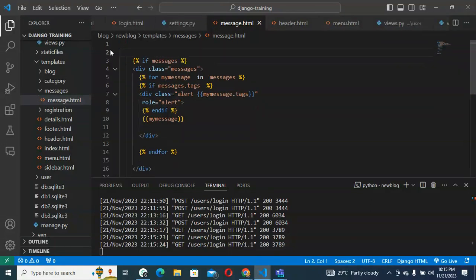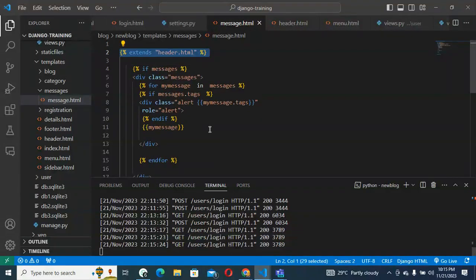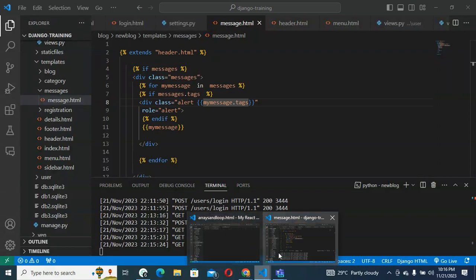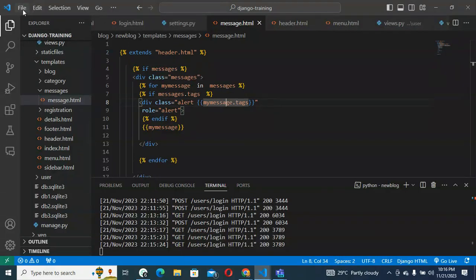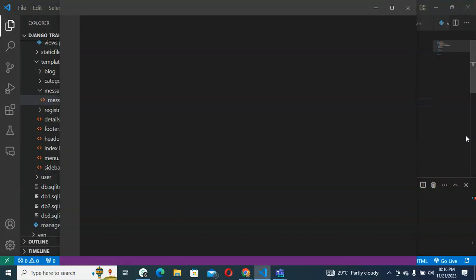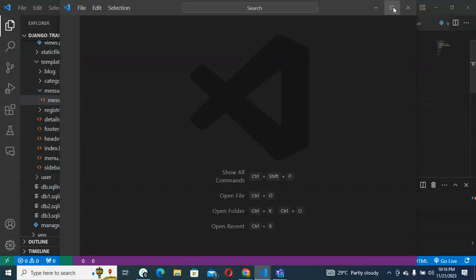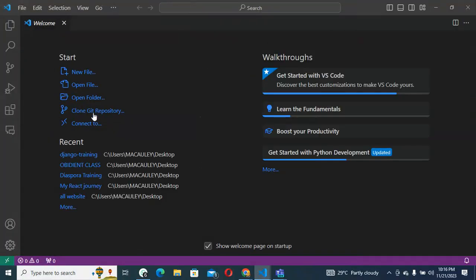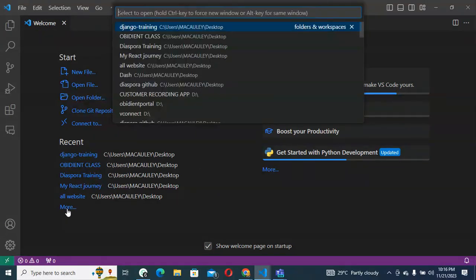I'm beginning to reason something. Let me check some of my code quickly. I'm a bit confused here. I don't know if this extend will still work, because if we're already extending, the sign up has extend, and if we are including sign up in the messages, that means the message will also inherit the same style. So let me quickly check